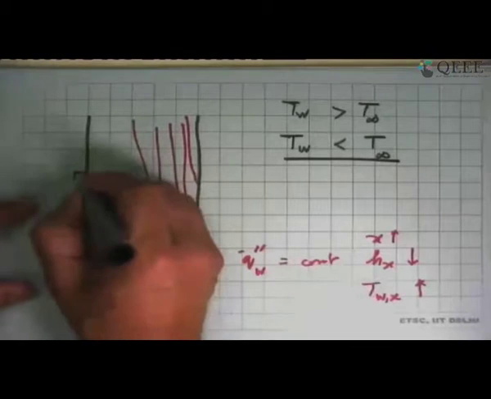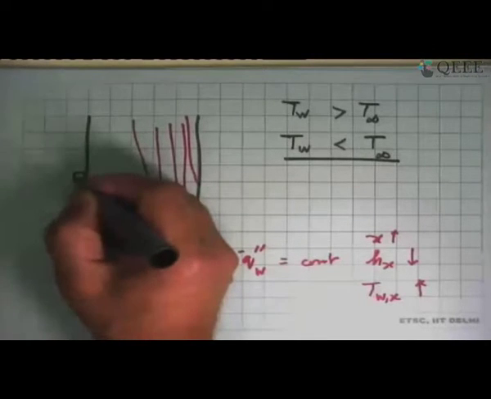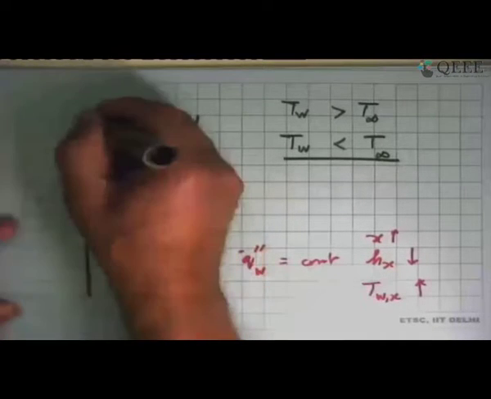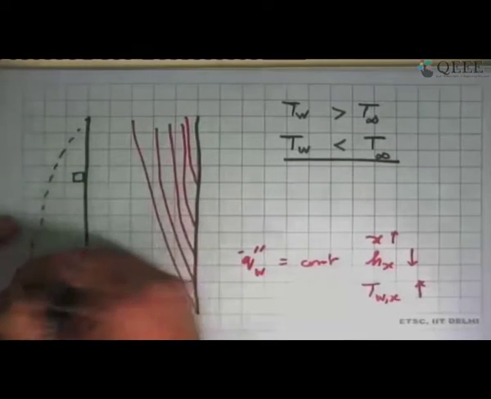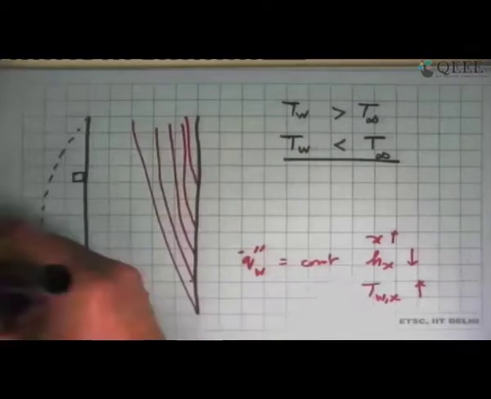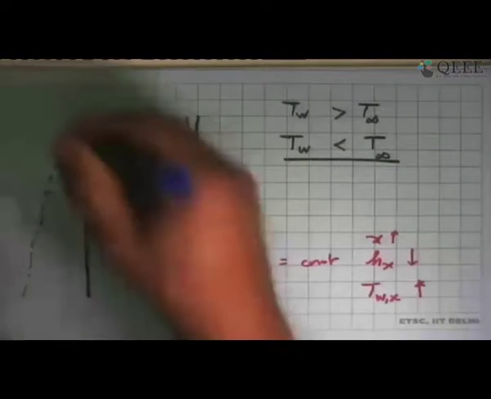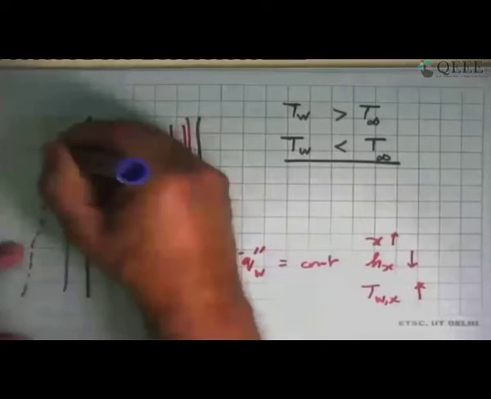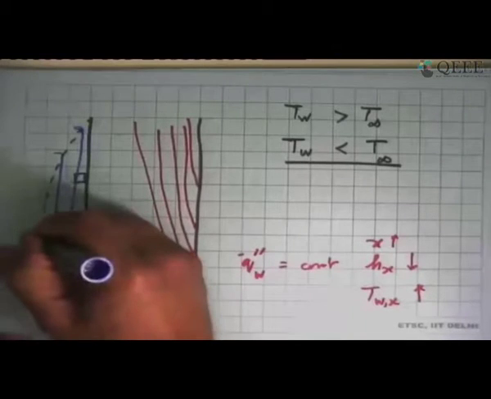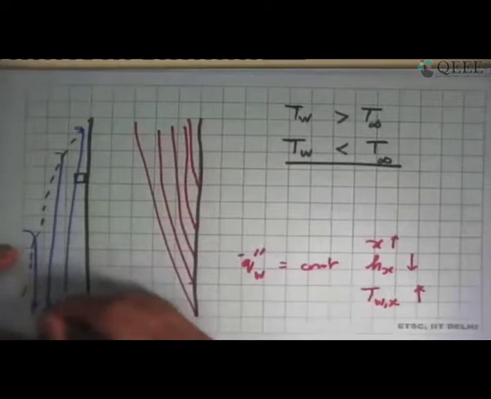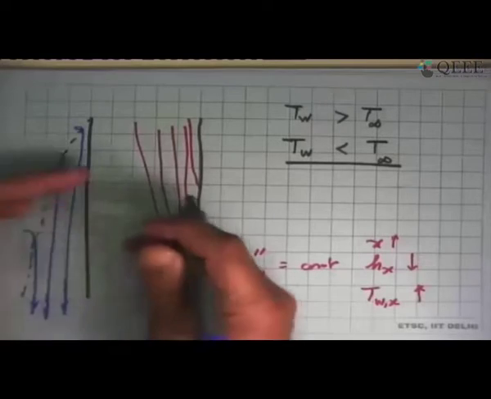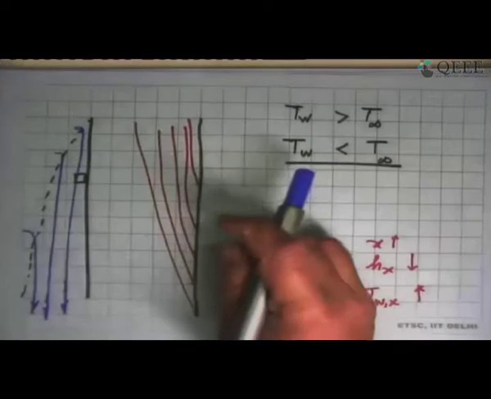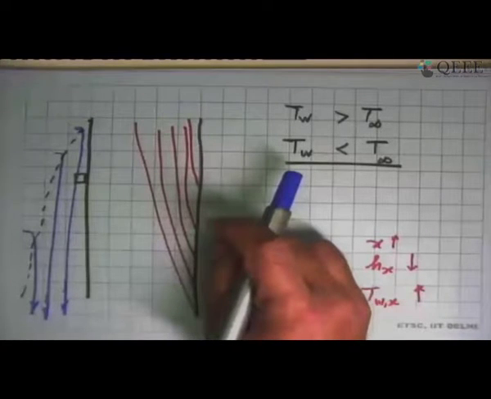A fluid element here which is close to the wall will become colder, its density will increase, and it will begin to fall down. And so you'll have a boundary layer building up on this, which happens like that, and all the flow that you would see is a small velocity there, and this goes down, a small velocity there, and this goes down, and you have cold fluid falling down.